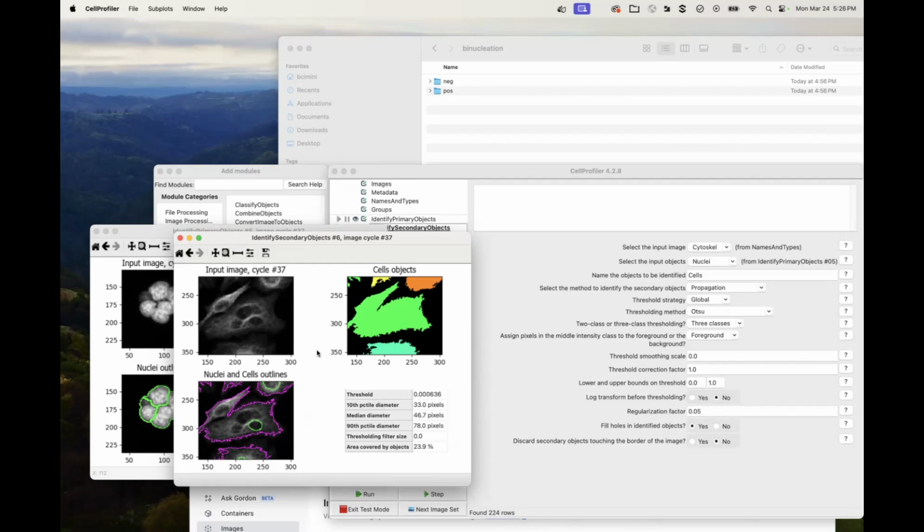But maybe that's actually really important if your downstream task is to measure the number of nuclei, or something related to a measurement in the nuclei themselves. And so the strategy of any workflow is very dependent on the output that you want.